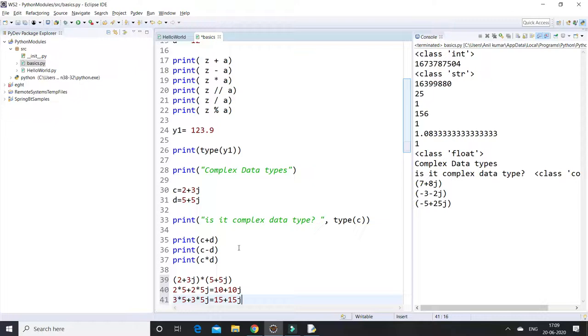The operation is multiplication. 10 plus 15 is 25, and the j part goes as minus, because j into j is j square, which is nothing but minus 1. That's why it is going as minus 5 plus 25j.